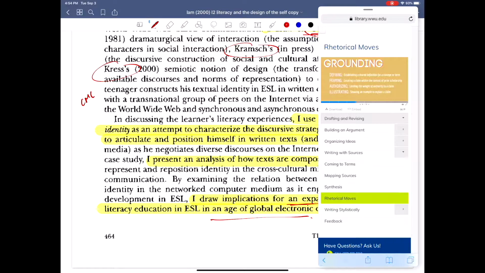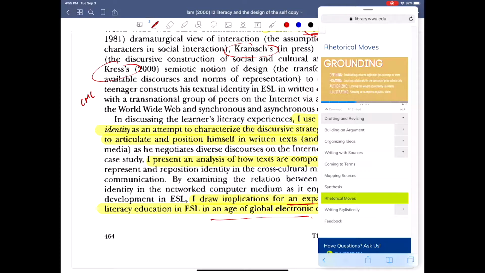This is one way to remove bias, because you're not just looking at something from your personal opinion. You're understanding a phenomenon through a particular framework, a particular theoretical framework. That is what most of the literature review is about. It's talking about the field, but also talking about how you are approaching it, because any phenomenon can be studied in any number of ways, right? You can do a survey, you can do an interview, you can do a case study, you can do any number of things to study any situation.